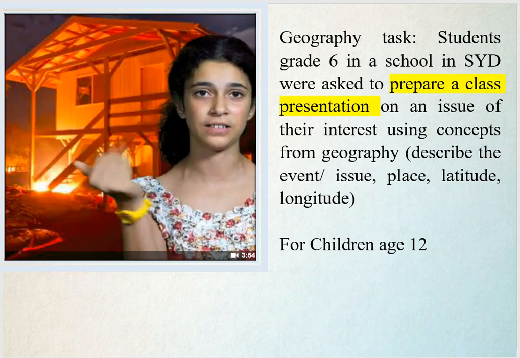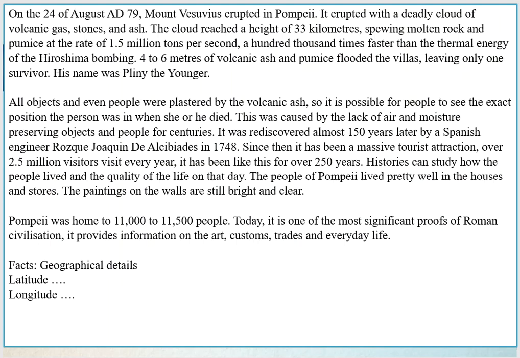This is a friend of mine. She back then was 12. Her school teacher requested all children in her class to give presentations on a topic which was important to them. So my friend decided to create a story about Mount Vesuvius. So she went on the internet, she collected all the information, which you should do. Before you write about something, one should actually learn about that subject matter. She did it well, she collected all the information, she copied and pasted it appropriately,